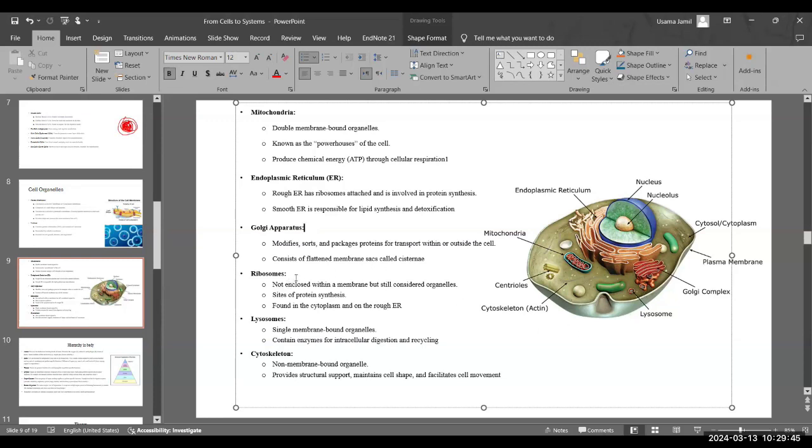So next are ribosomes. Ribosomes are tiny little, I think they are not well marketed in this. So ribosomes are tiny structures that are attached to the endoplasmic reticulum, and they are involved in the protein synthesis directly. So what happens if ribosomes get malfunctioned? These cells